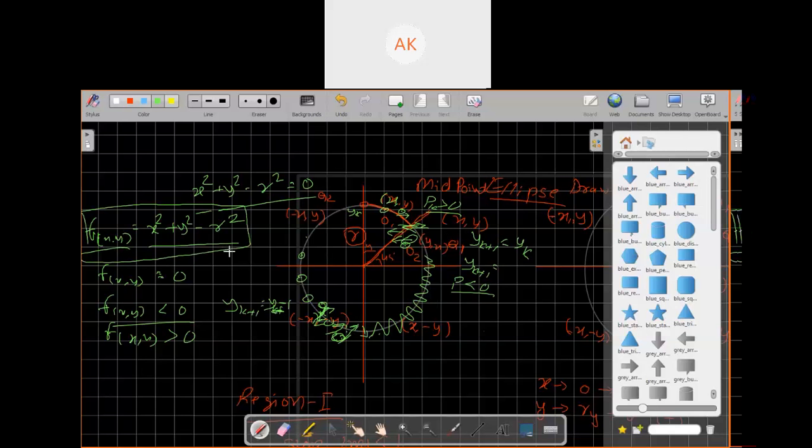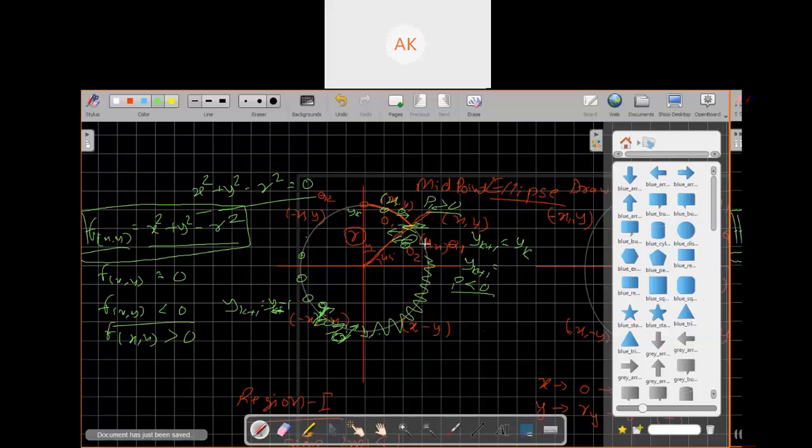We are taking the decision whether you are outside your circle or inside your circle. If you're outside, try to push your point inside. If you reach inside, try to push it outside. Okay, if on the circle, the value of this decision parameter is equal to 0, means you are following the right path or true path.